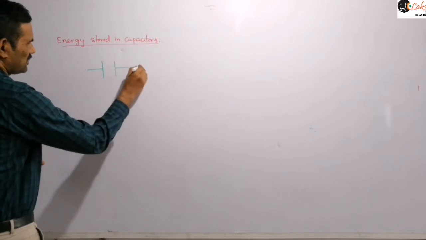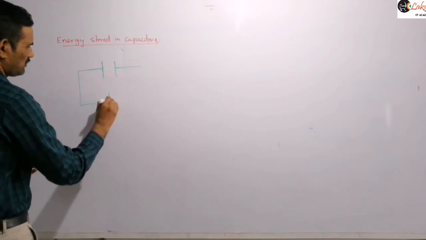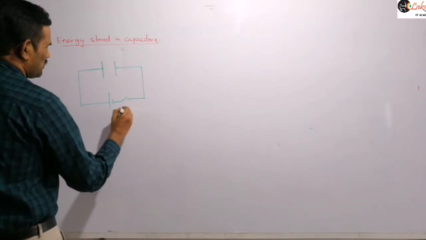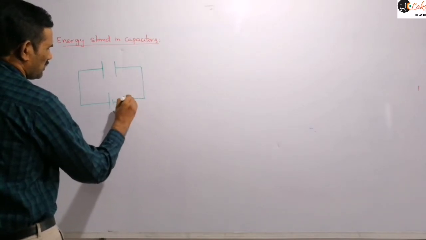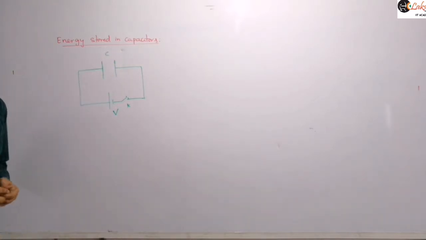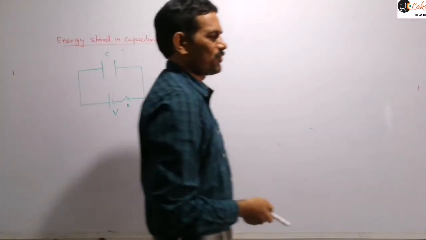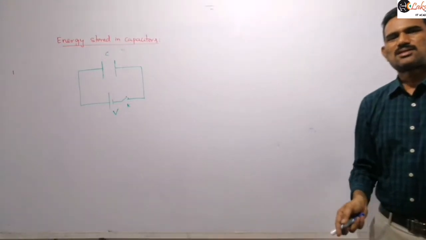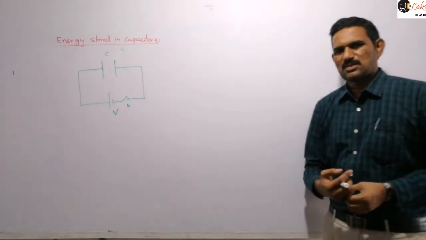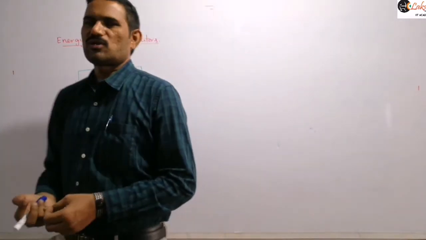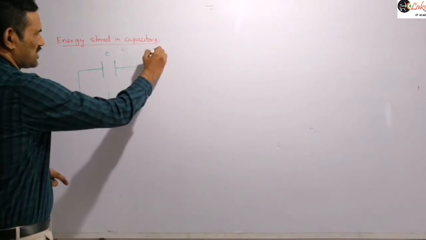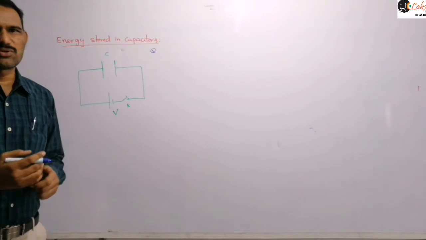And so now let us consider this capacitor is connected to a cell of EMF V as we discussed previously. Suppose this is a cell of EMF V and this is a key K here which is closed, and C is the capacitance of this capacitor. Now as we discussed previously, charging of this capacitor is taking place. So once we switch on that circuit, the charging of the capacitor takes place. But the important thing we should observe is during the charging, let capital Q be the maximum possible charge on this.